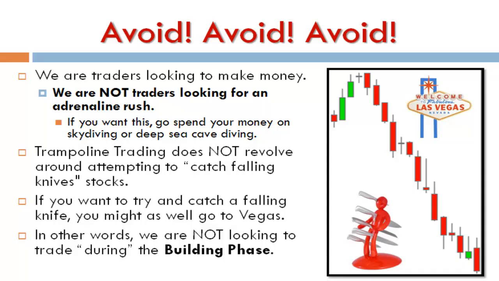Look at that. But to bring this back into the fold of what we've been talking about, in other words, we are not looking to trade during the building phase. It'll be more of a transition phase thing, but we'll get to that later. So again, we are not looking to buy during the building phase. That's when the knife is falling, and sure, you can catch a knife every now and then, but when you extrapolate that over the long term, it's just too difficult. The environment is just a gambler's environment, and that's not what the strategy is about.